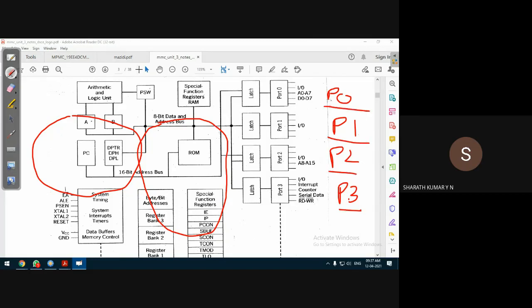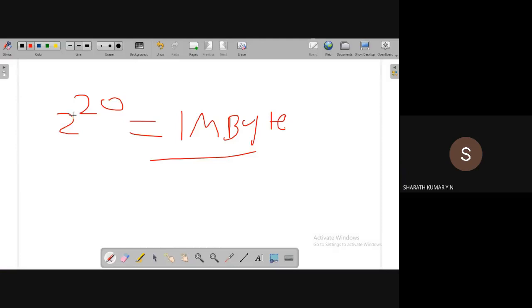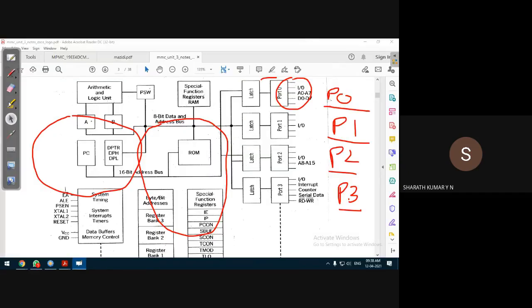Each port is 8 bits in size, which means each port pin corresponds to one physical pin. We can check it in the pin diagram. Each port has 8 physical pins.